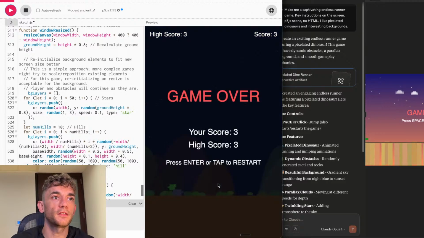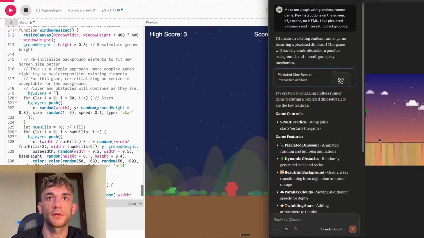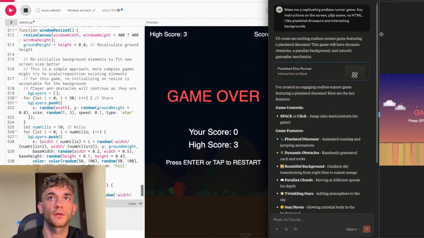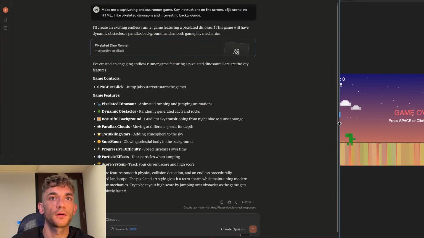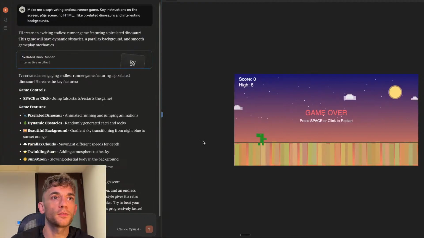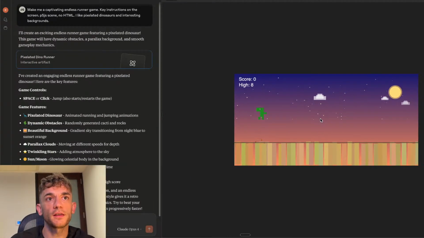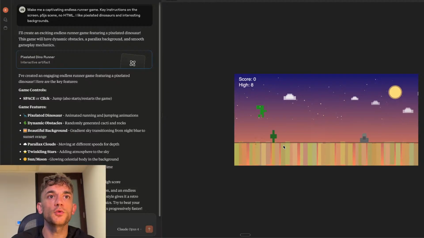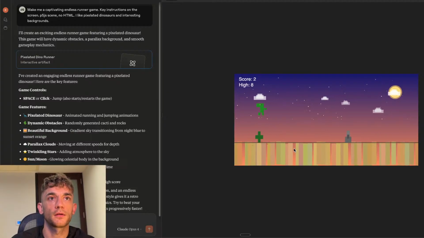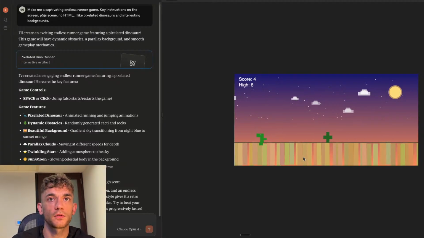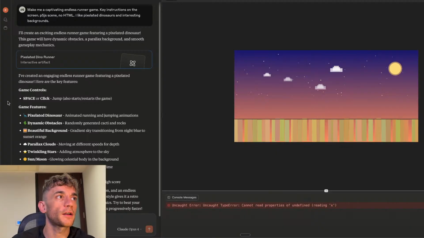I mean, that's pretty decent, to be fair. But I think, let's have a look here. And this one also, the dinosaur is backwards. So honestly, if I'm comparing them side by side, I would say the UI is a bit nicer here. And it's pretty easy to use. So it's a bit more interesting in the background. If we compare that